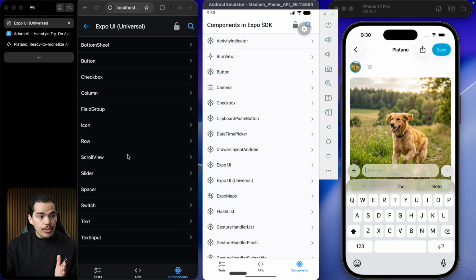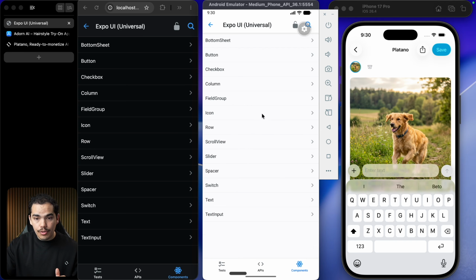As you can see here on the left, I have Expo UI on the web. This is my browser, and then this is my Android emulator. I'm gonna press on universal. To be honest, I couldn't make the application work on iOS, but I'm still gonna show you an example of